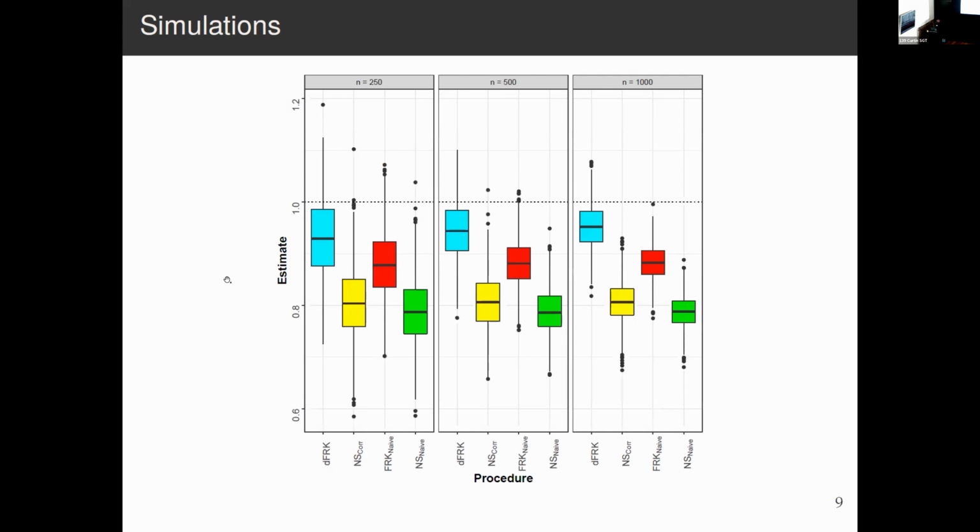And the key takeaway from this is that our proposed method, which is this blue one, is the only one that gets closer and closer to the true slope value as you increase the sample size. And one thing that's not shown in this graph is that the three methods where you ignore either the covariate measurement error or the residual spatial autocorrelation end up with standard error estimates that vastly underestimate the true standard deviations of those estimators, whereas our proposed method doesn't suffer from that.